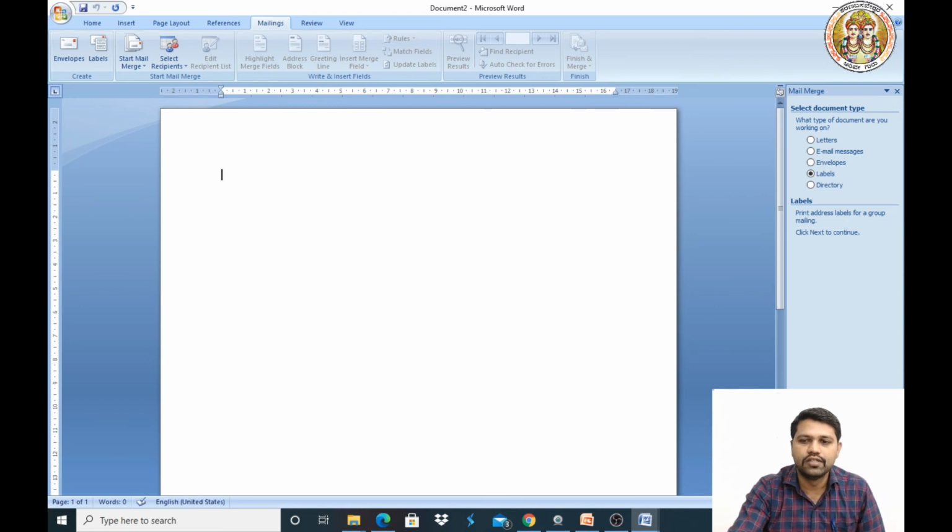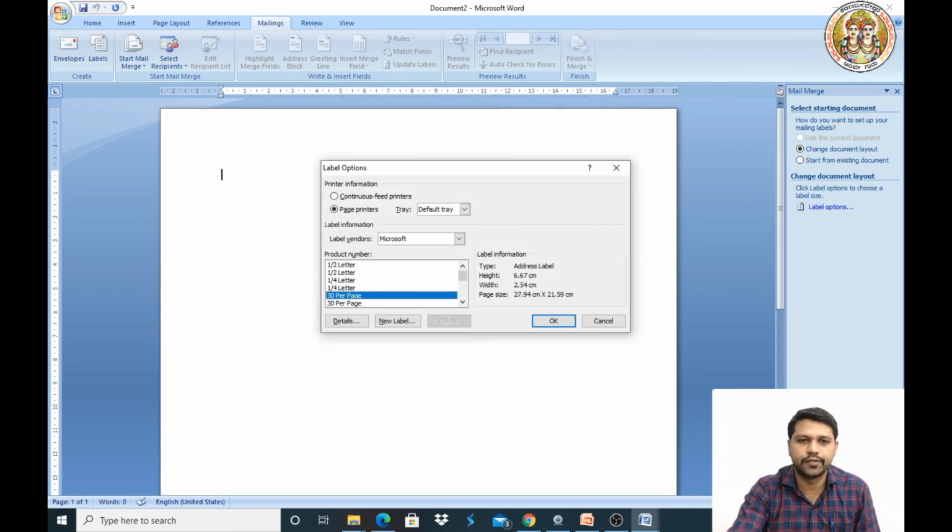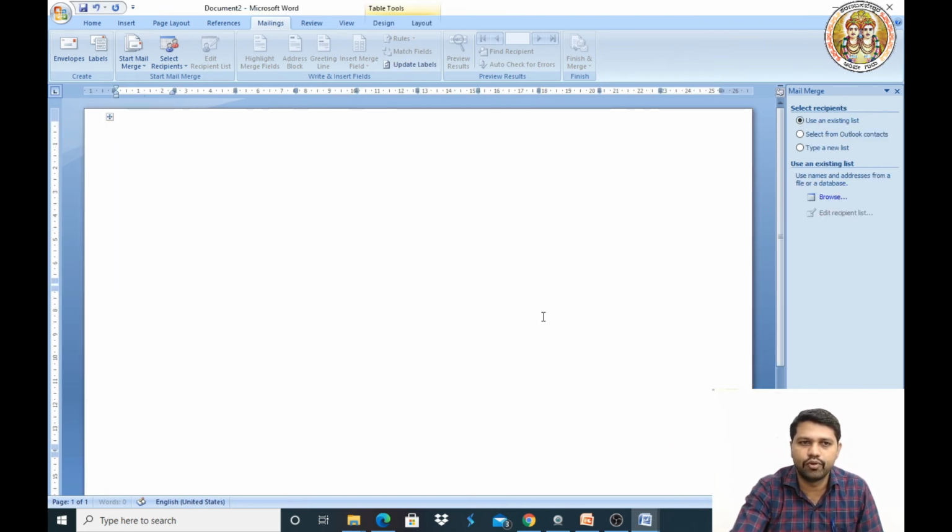Then click on starting document, and select recipients, that means change document layout or start from existing document. For this document only we are preparing that. I'll take next, select recipients. Here it is asking how many labels you are going to display in one page. I'll take 30, that is the maximum, more than enough.